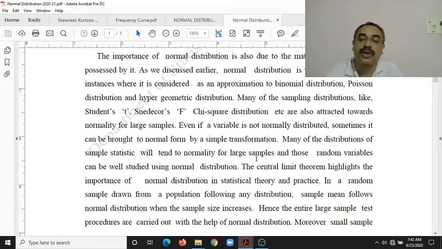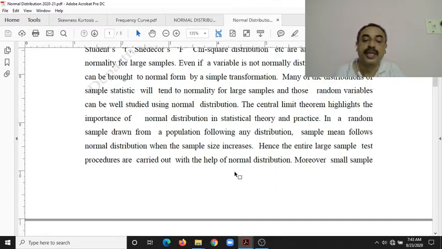So, therefore, normal distribution is considered a powerful tool in statistical inference. Most of the statistics considered in statistical inference are treated as normally distributed with the support of the central limit theorem. With this short introduction about the importance and the practical situations of normal distribution, we come to the equation of normal distribution.